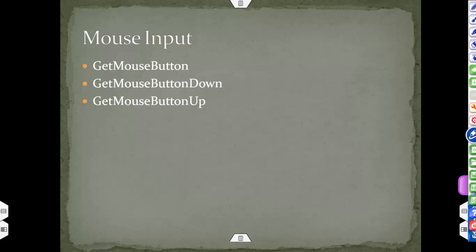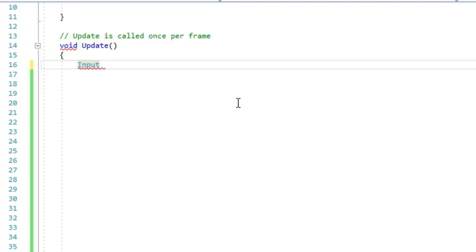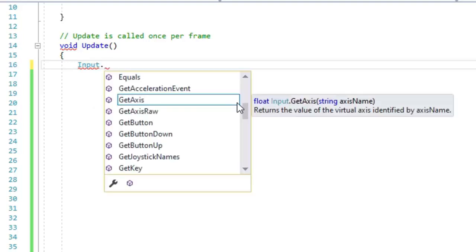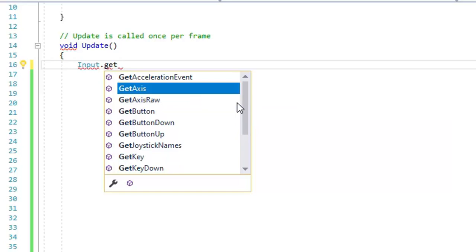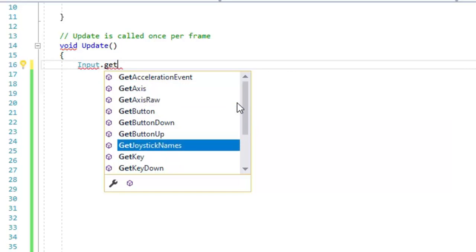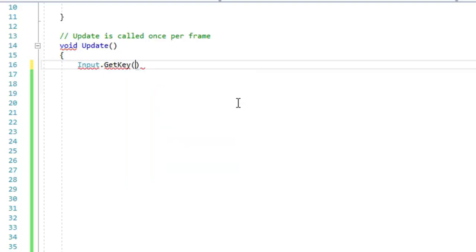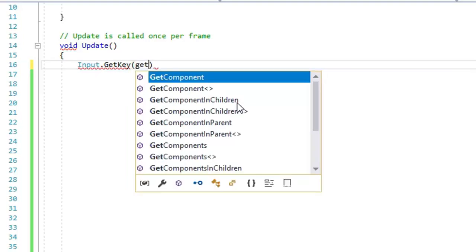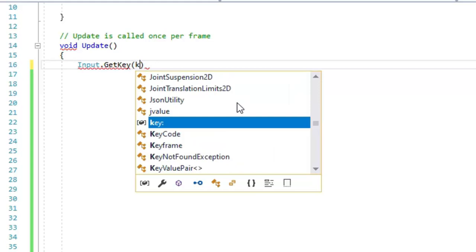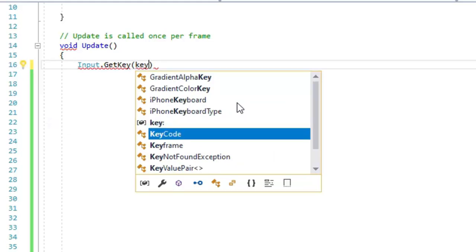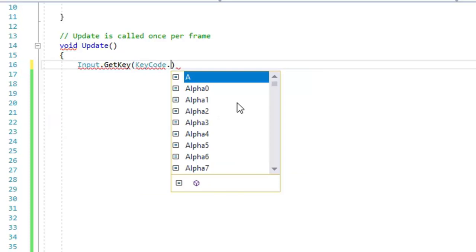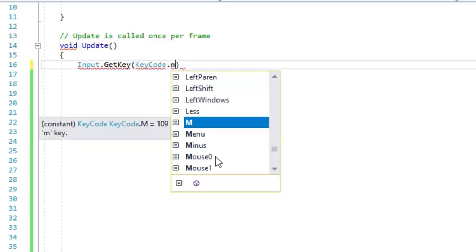Now there are various functions available which can take input from the mouse, like GetMouseButton, GetMouseButtonDown, GetMouseButtonUp. Here we can see that we can take input from the mouse with GetKey also, like GetKey, KeyCode dot, and here you can see Mouse0, Mouse1 and Mouse2.